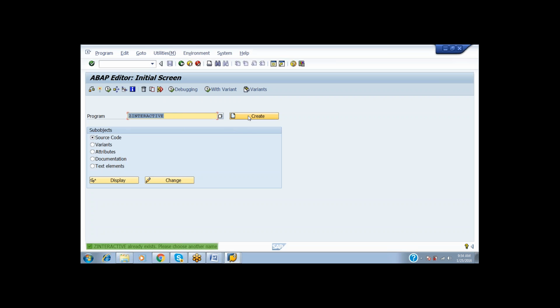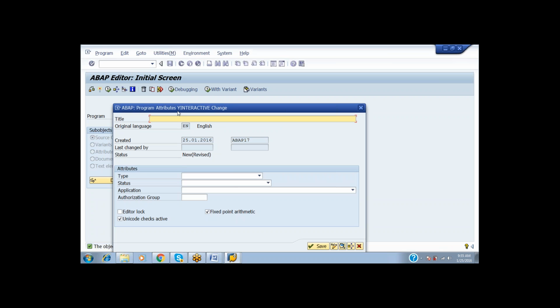Create. So I think Z Interactive is already there. Z Inter, this is also there somewhere. And Y Interactive create. So what was the title of the program? So the title of the program here I am writing that my